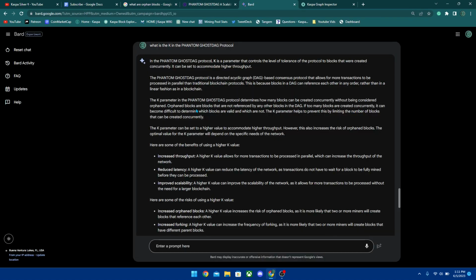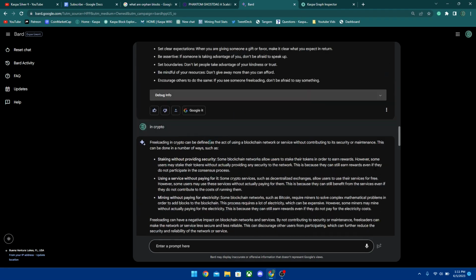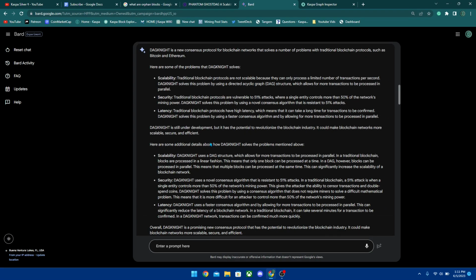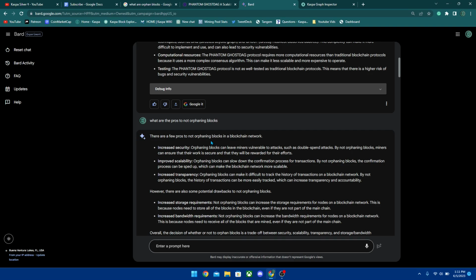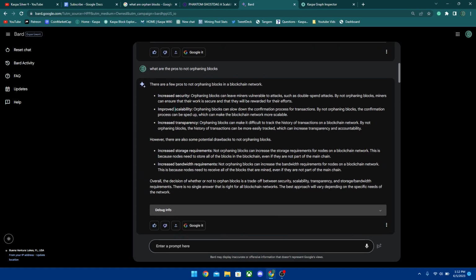And if we look here in a little bit more detail, if you use Bard, which is like a type of ChatGPT, but actually updates to the current year instead of staying stuck in 2021 like ChatGPT does, you could take a look at exactly what orphan blocks do here. So basically, the pros to not orphaning blocks is that it increases security. If we do not orphan blocks like Kaspa does, it increases our security, it improves scalability, and it increases